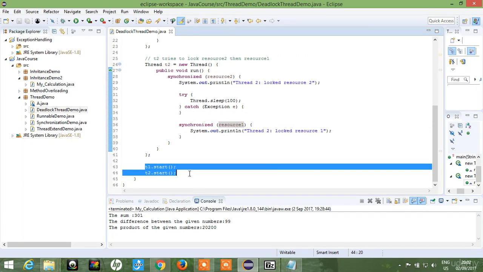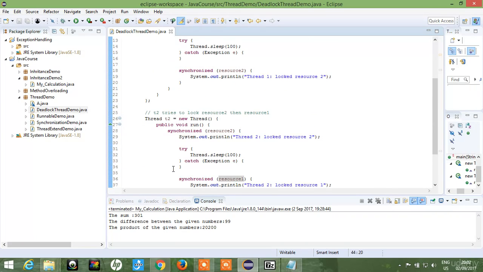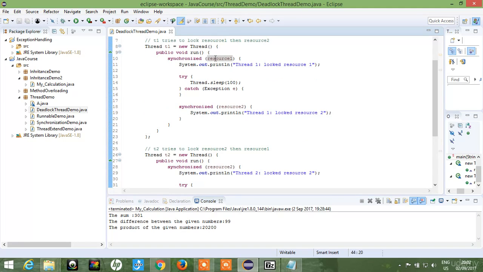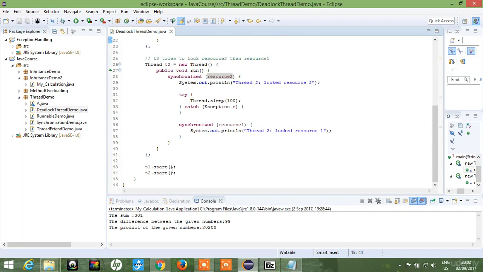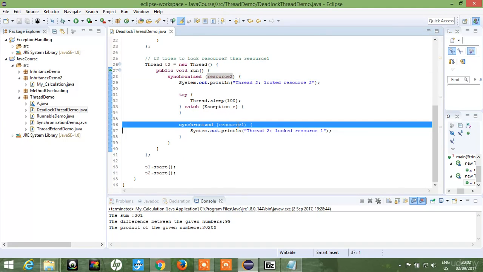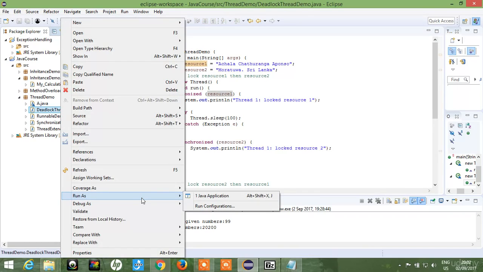And both threads are started. You can see when T1 is started, it will get the lock of resource 1 and next try to get resource 2. When T2 is started, it will try to get the lock of resource 2 and next resource 1. So there's a competition for resource 1 and 2. If you run this example,